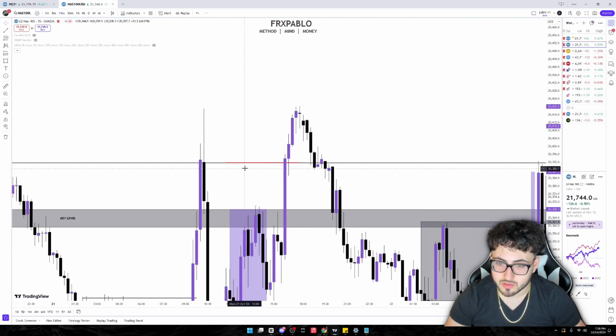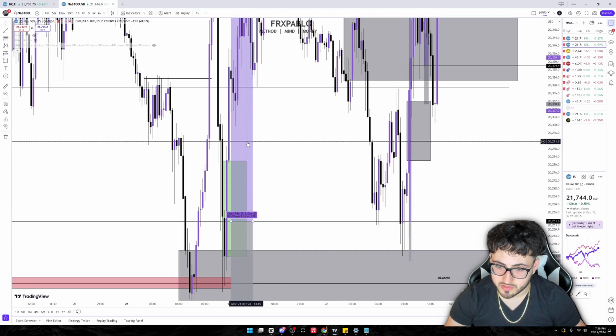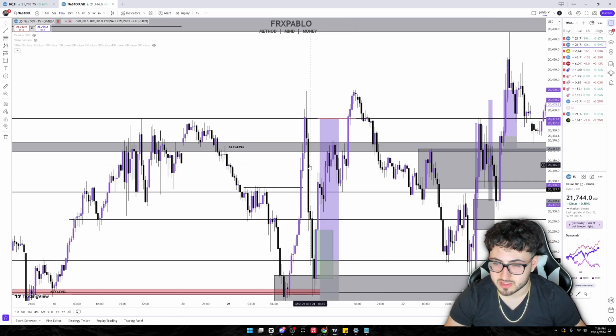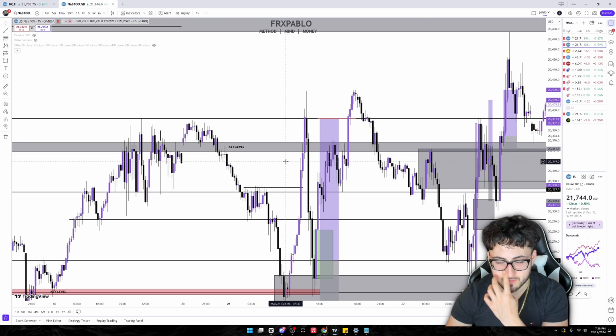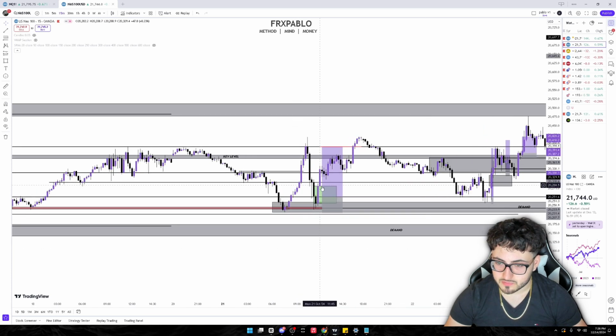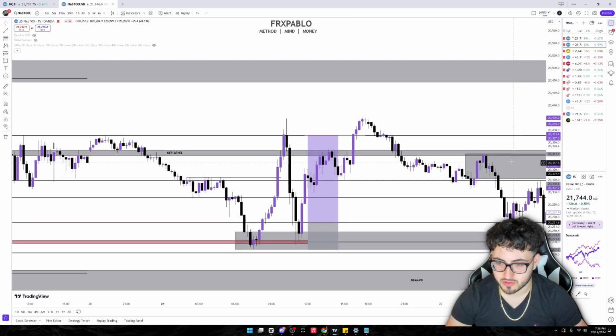So ultimately you would have been stopped out here for a total gain of about 3%, or for me, since I risk 2% per trade, it would have been around 6.36%, I believe. So I hope you guys get the picture of what I'm pointing to. It is not hard at all to learn my strategy. Obviously, I'm just brushing over it very simply.